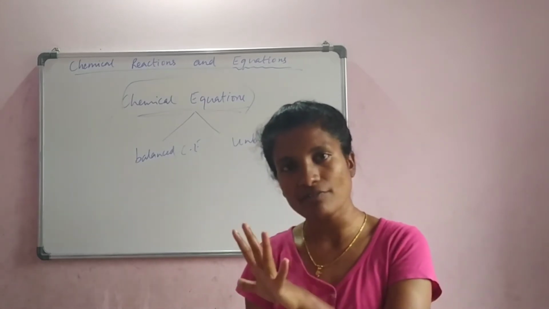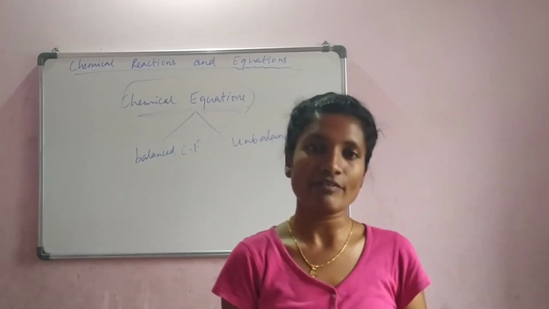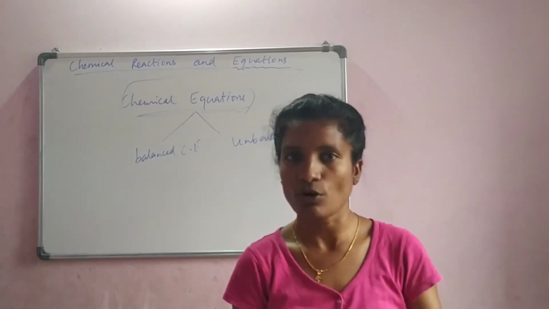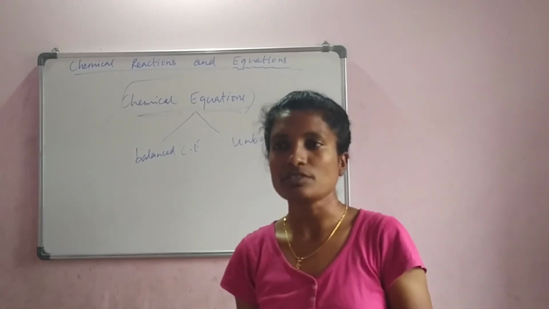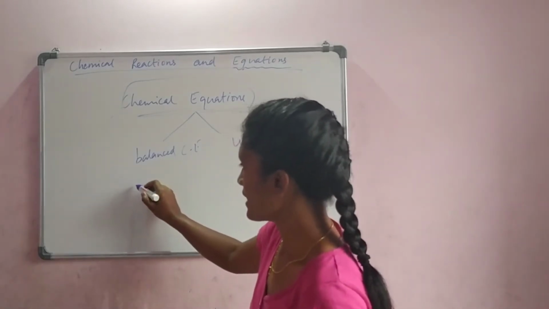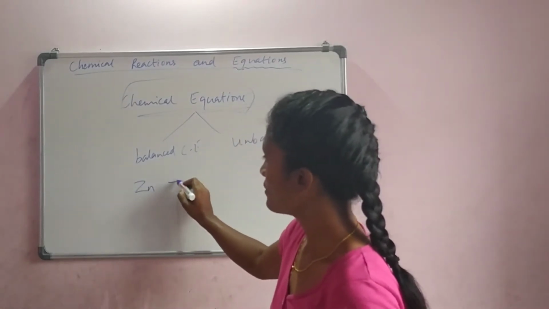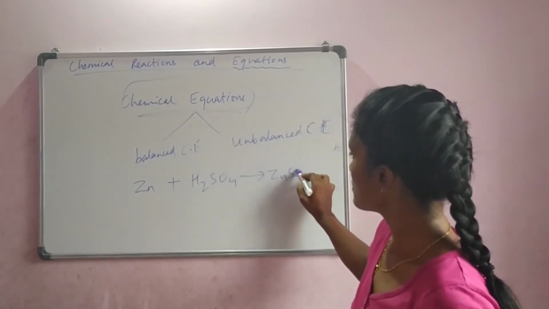If you keep 5 kgs in the left hand side of the balance scale, you have to put 5 kgs worth of vegetables or whatever the things that you are selling. Then only both become equal. Similarly, in a chemical equation, let us take an example of again Zn reacting with sulfuric acid gave us zinc